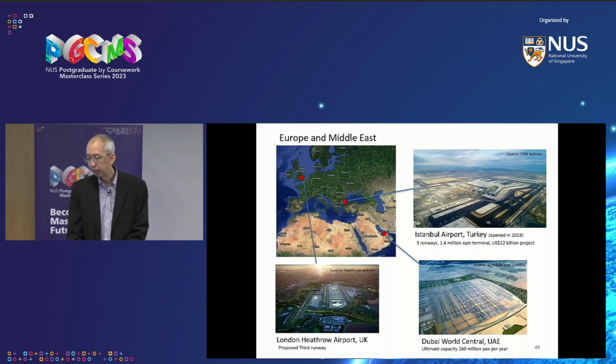And then I placed Dubai World Central there. That is the newer airport at Dubai. Ultimate capacity, 160 million passengers. How long it's going to take to build this out, I'm not sure. But as you can see, for years this was like the poster child of how big airports can be. They are saying that total build-out could be up to $33 billion.